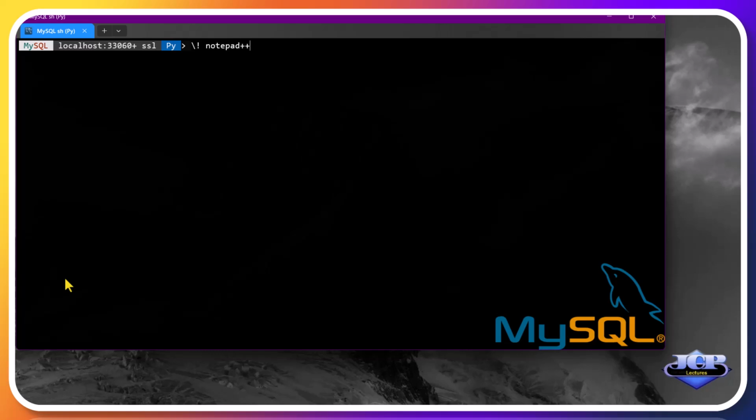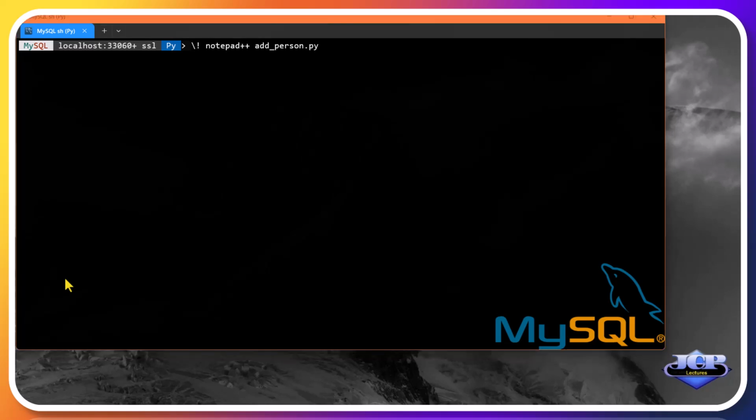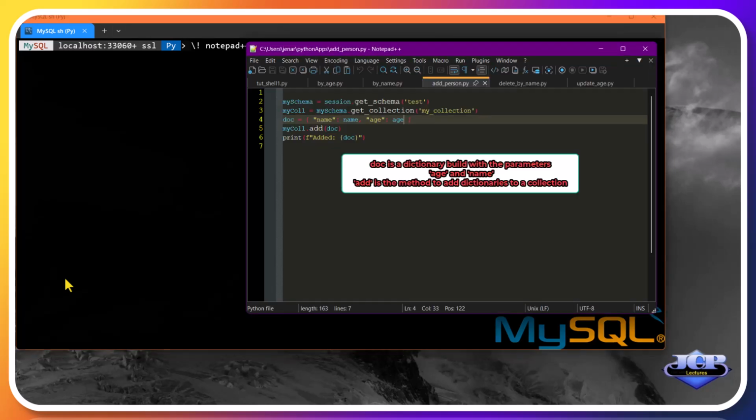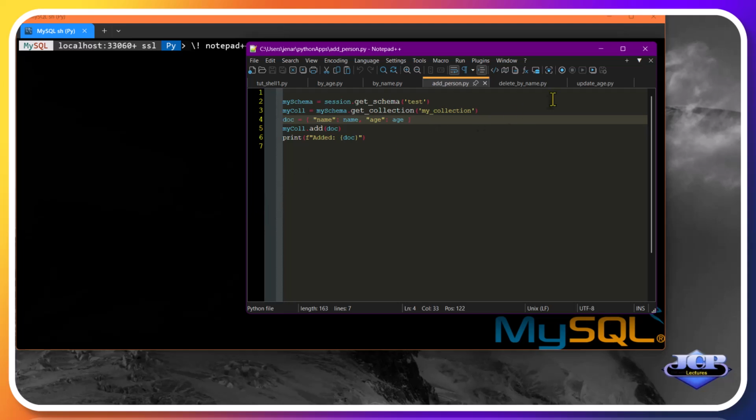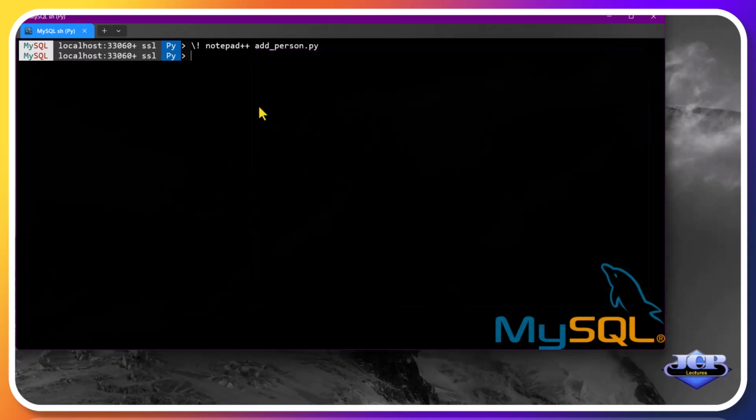Now let's open in the editor the script add_person.py. This script creates a doc dictionary using two parameters, age and name. After that, the method add from the class collection inserts a new document. After closing the editor, we can input the value for the two parameters.